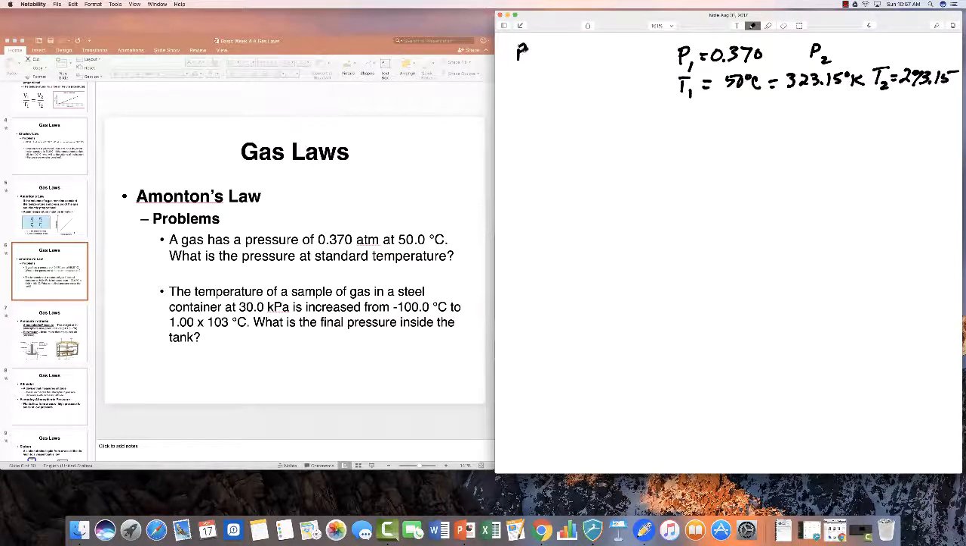So we had P1 over T1 is equal to P2 over T2. And we want to know what P2 is. So we cross multiply. P2 times T1 is equal to P1 times T2. Solving this for P2, we get P1 T2 over T1. Put the numbers in and we get 0.370 times